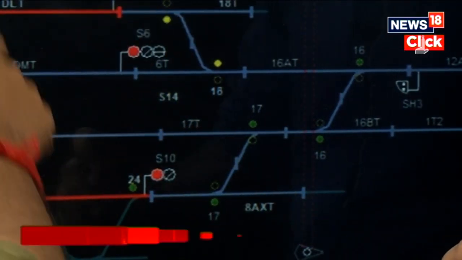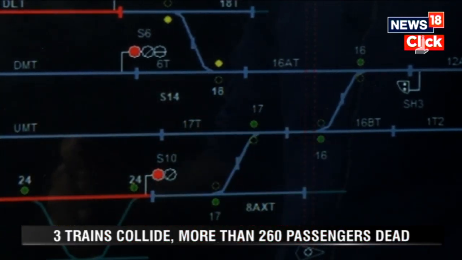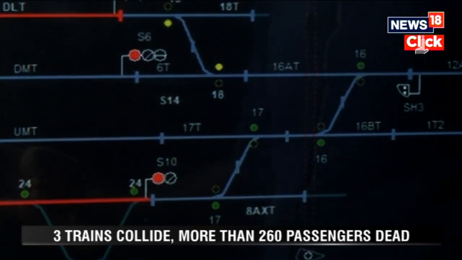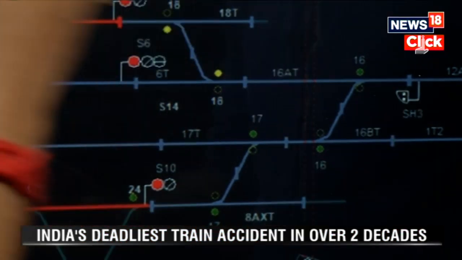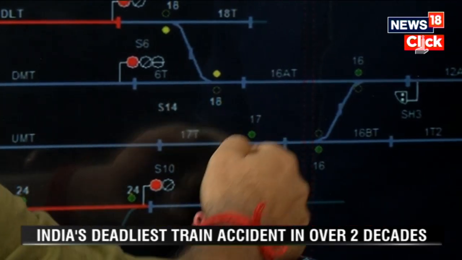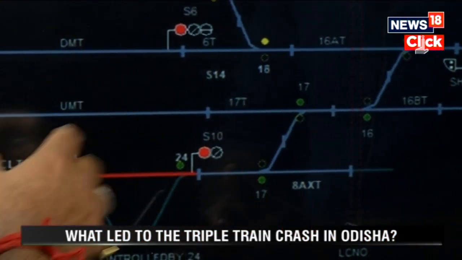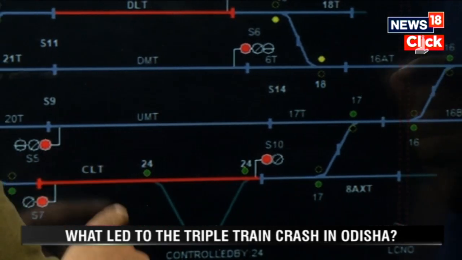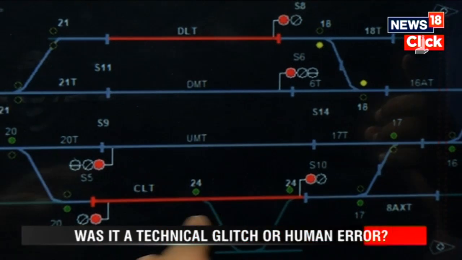It was stopped at that particular station, and that is why the loop line mechanism got initiated, and this particular point was set in reverse direction. It means any train coming from this direction will go to the loop line and become stationary. Okay, so the goods train was stationary here, and then according to the general rules of Indian Railways, once a